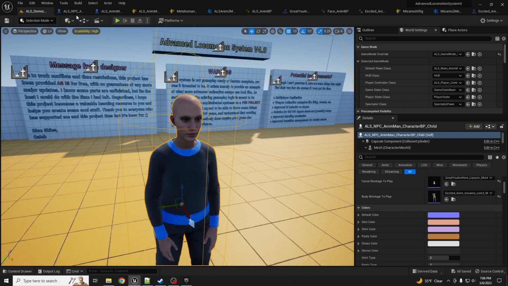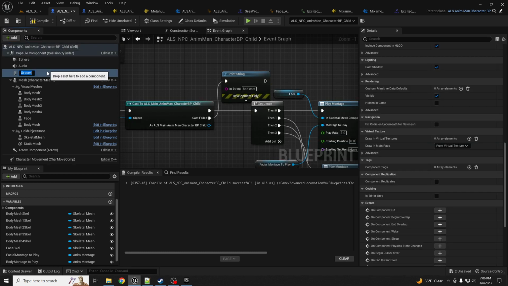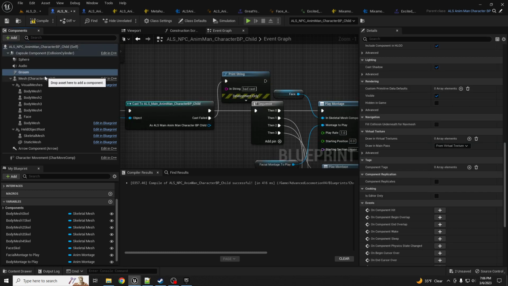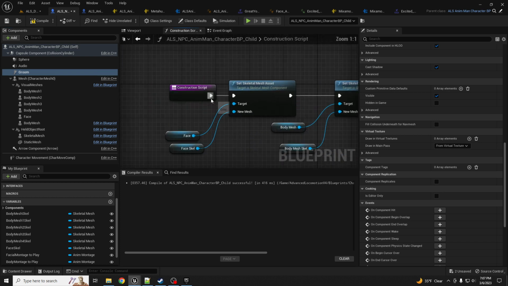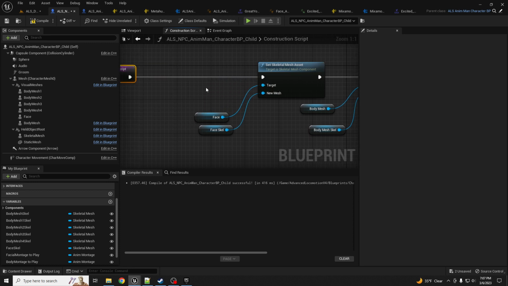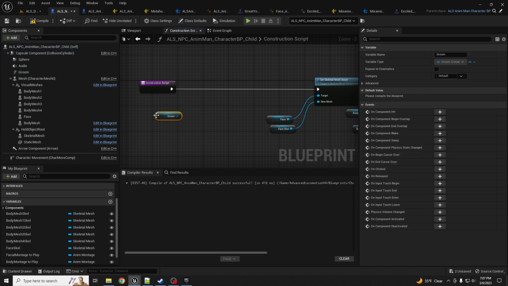Alright, so let me just save this real quick, and back in our NPC character, I'm going to be adding a Groom asset here, and I'm just going to do the head. I'm not going to do the rest of these, especially the eyebrows and the eyelashes. Okay, in the construction script, let's set it up right before the rest of the skeletal meshes. I'm going to drag in Groom,